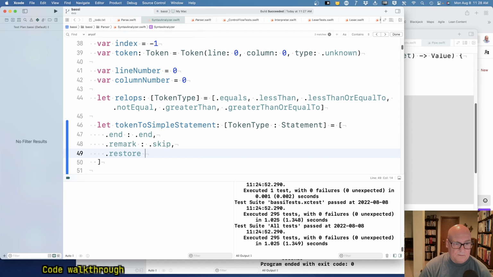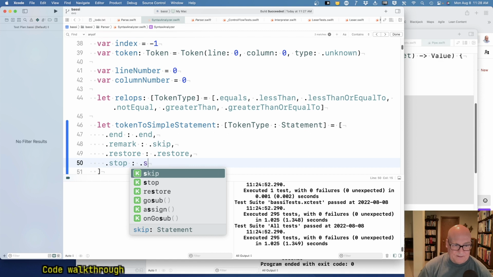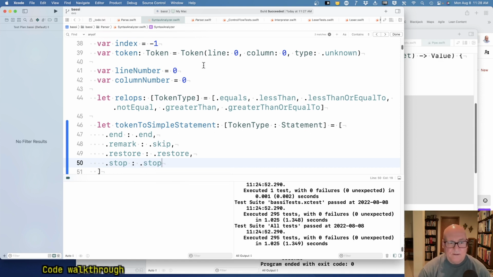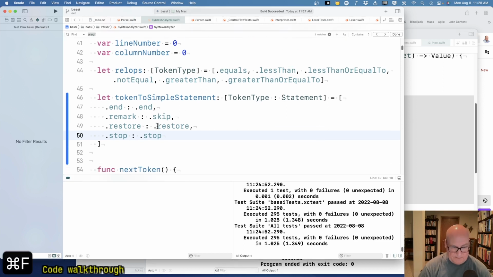Restore goes to dot restore. They're two different types, so that's legit. And dot stop goes to dot stop. Okay. Right. And let's find any